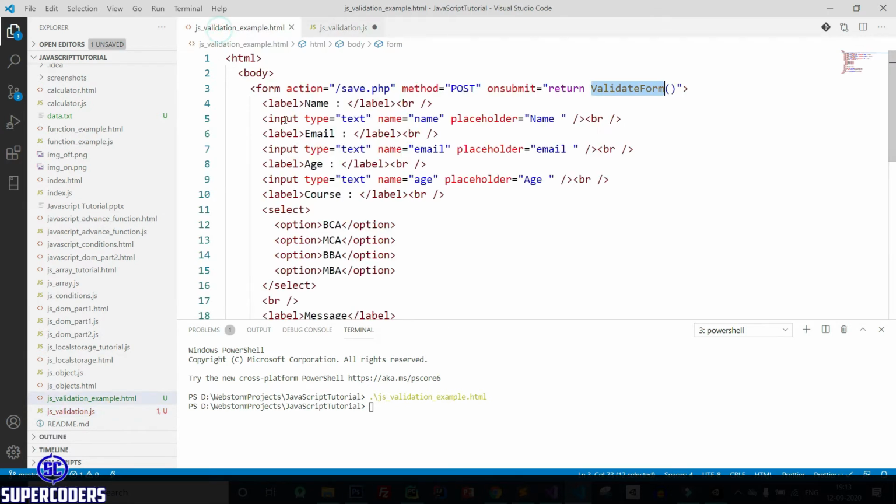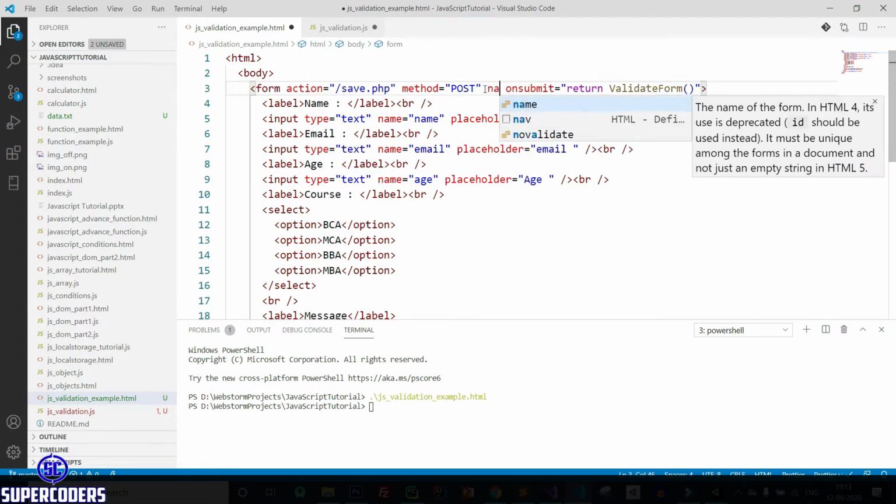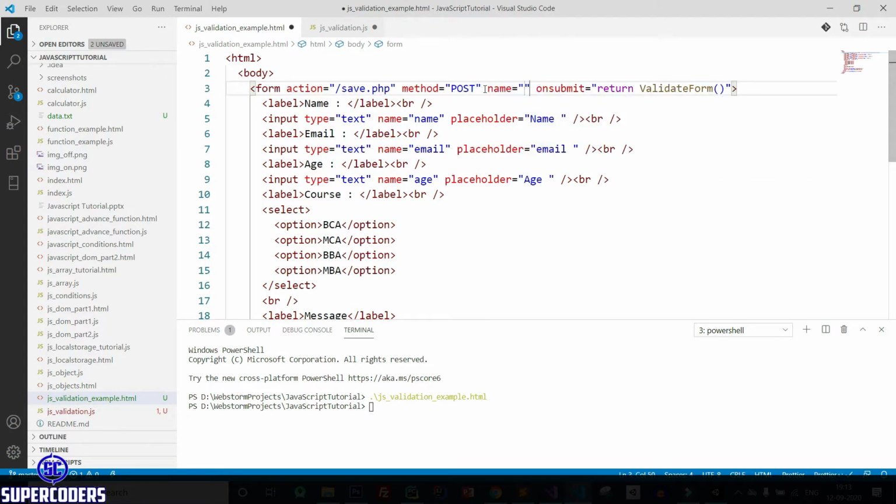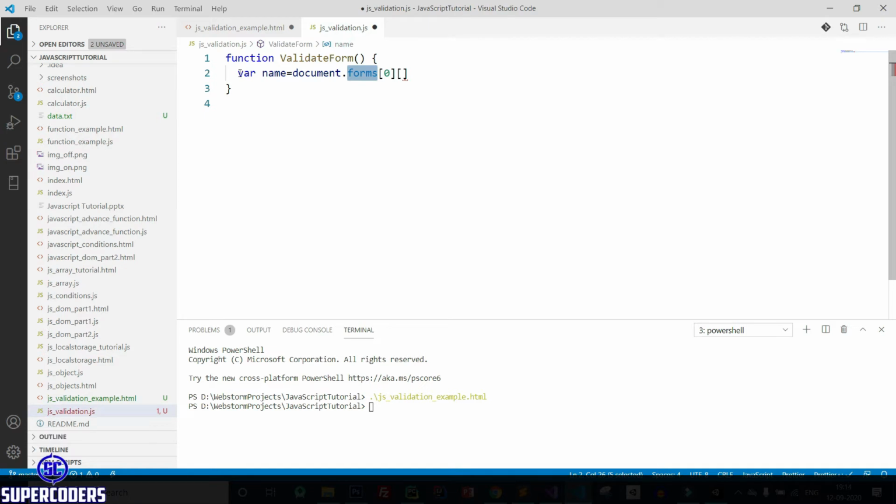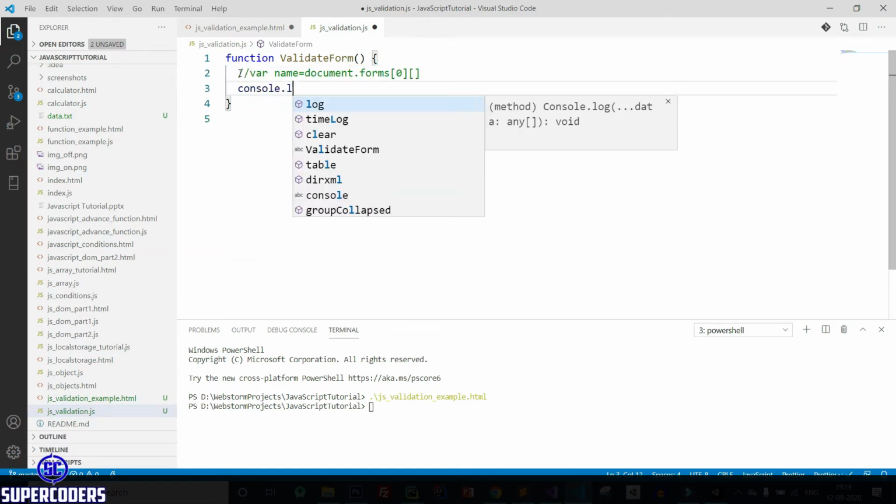You can see again its first form and its index is 0. Let's access this value. So first also add a name in form, it's much easier. So form, then giving a name like data form. So you can access this form by its name. If you check again, let's comment it and console.log